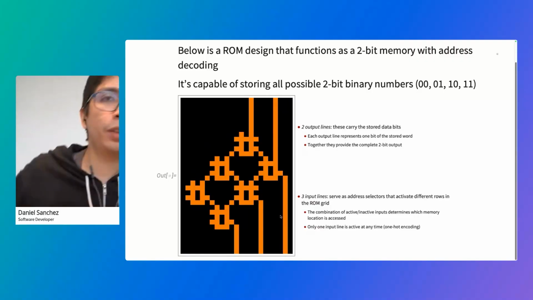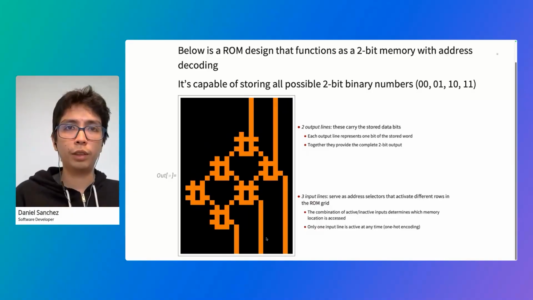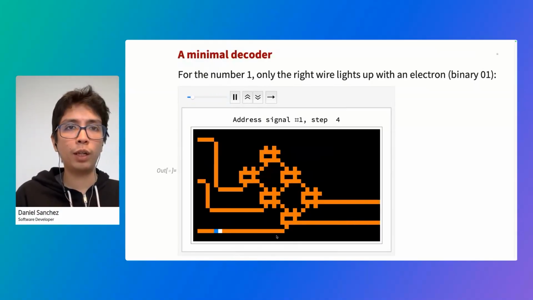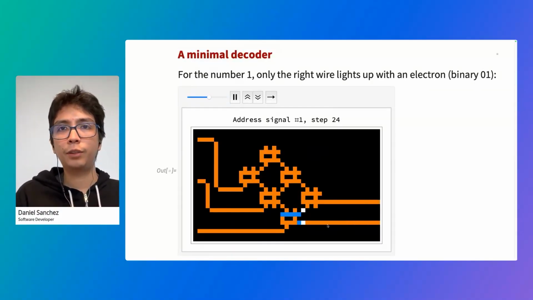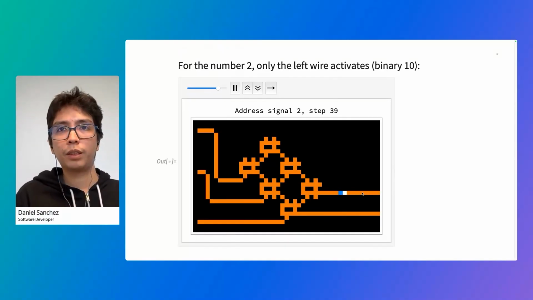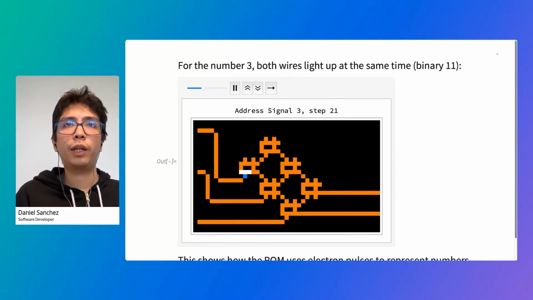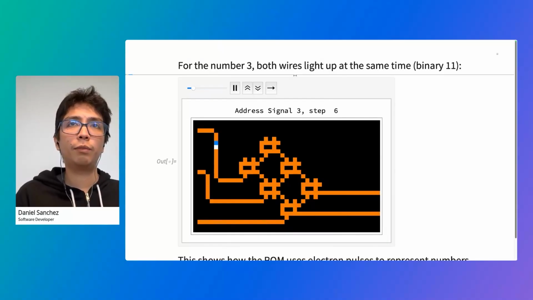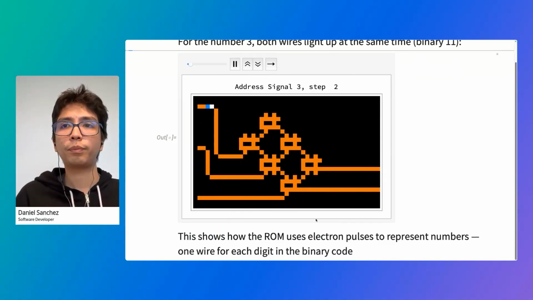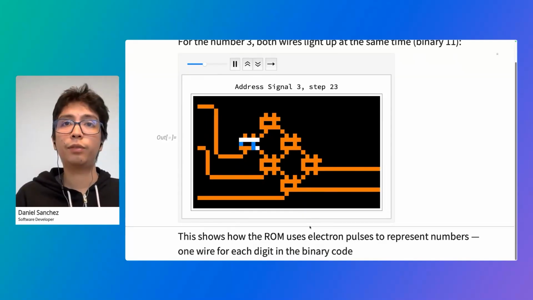So this only works if only one signal input line is active at a time. So this is an example of input 1 having an electron, and you will see that I have a 0, 1 at the end here. If I activate the second wire, I'll get a 1, 0. And if I activate the third wire, I get a 1, 1. So basically, this is encoding a number into its binary representation. So we can use that later for our,